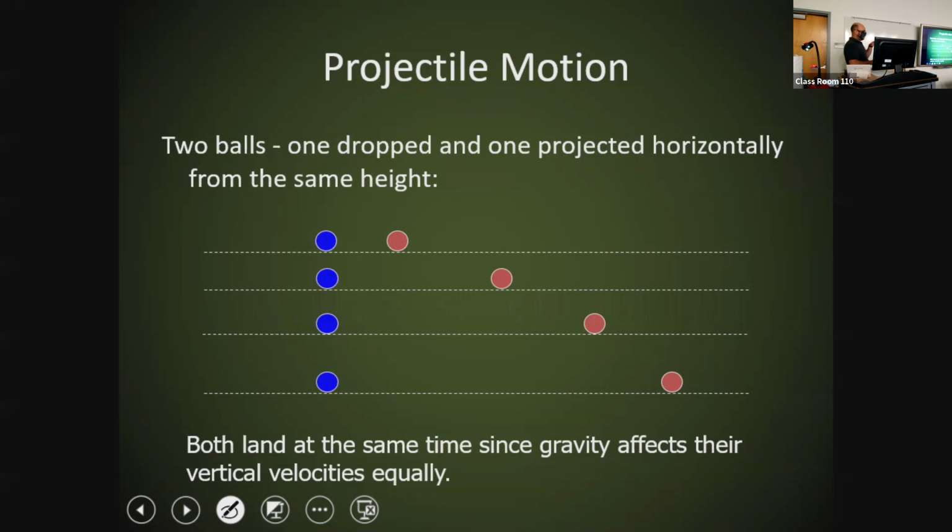They put a handgun in a vise exactly parallel with the ground, and had a device to drop a bullet at the same time another bullet was fired from the gun. The principle is, if a projectile is shot or thrown or kicked right beside one that is dropped at the same exact time, they will both hit the ground at the same time. Just the one that is projected forward